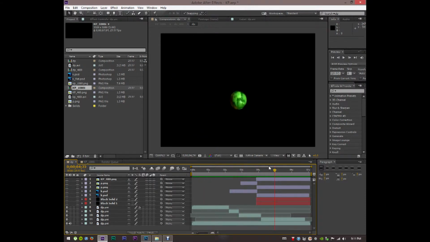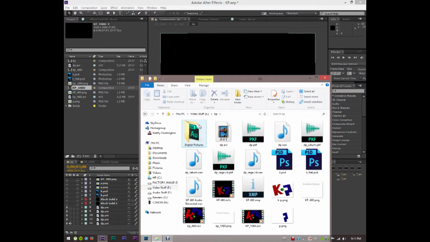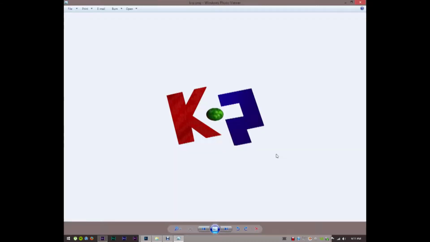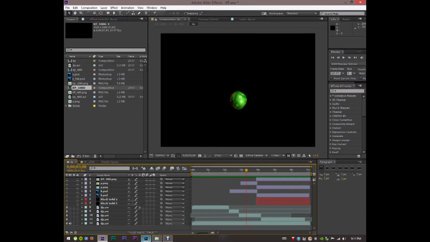Now we need to work on the K and the P. With my original logo, like that, you can see the K is flat, the P is flat. I mean, the P is not really flat because, as you can notice right there, you can see a little bit of three dimension, but the K was definitely flat. I didn't like that. I wanted to have mine be more three-dimensional. So with that being said,